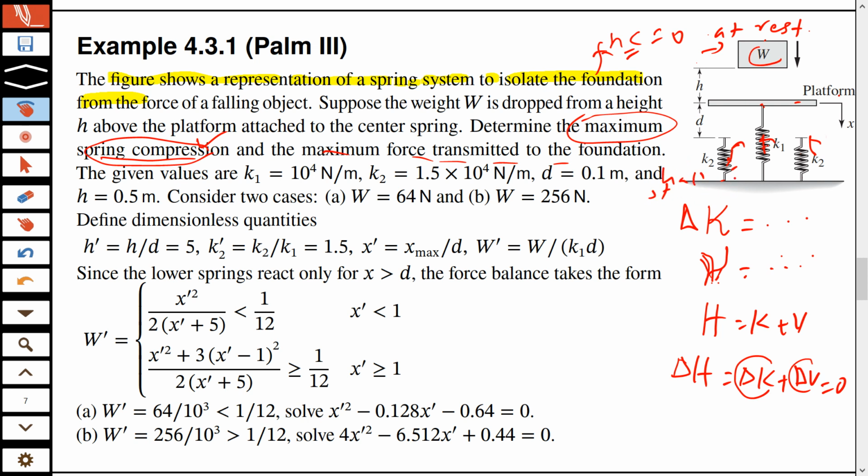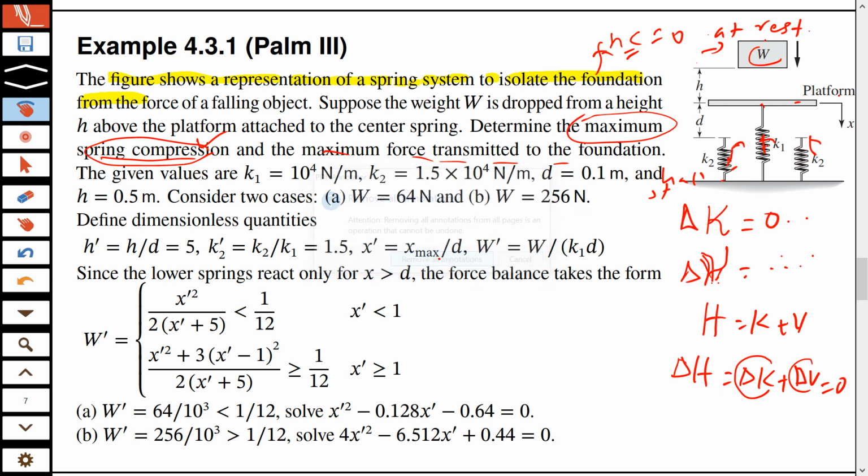So when it stops, it will get back the original kinetic energy, which can either be zero or non-zero. So the change will be zero. The change in kinetic energy must be zero. So which means that we should only bother about the potential energy. So we will now write down the